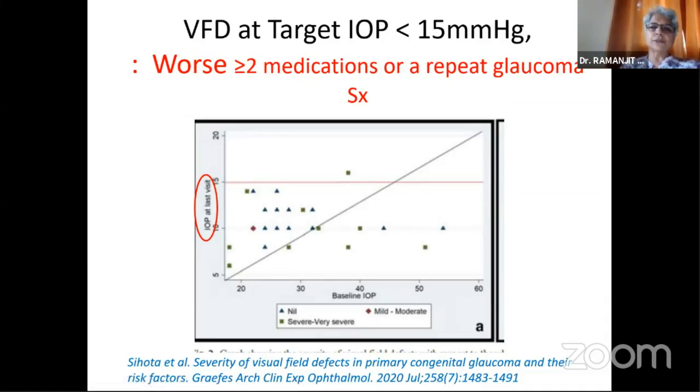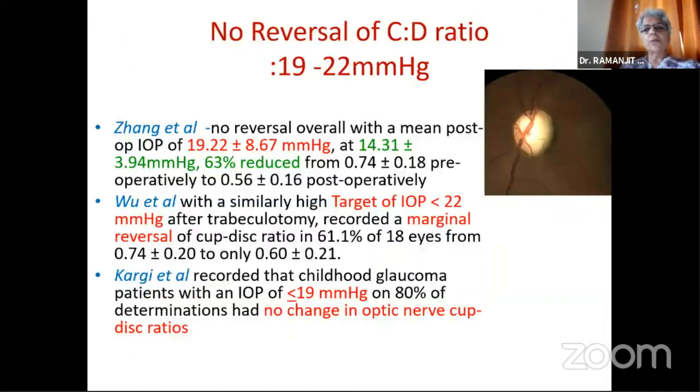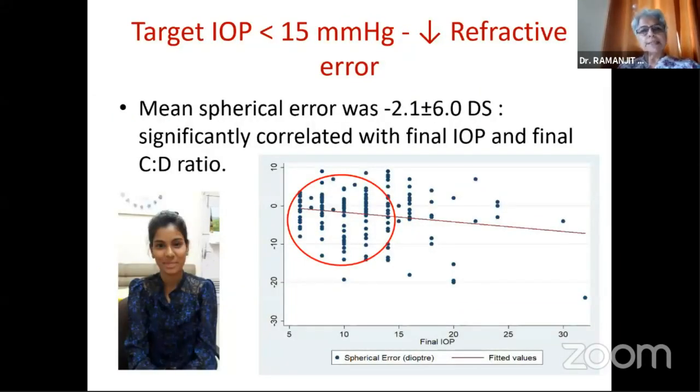So visual field effects, what we found was that they were much better in patients who had less than 15 millimeters of mercury in the long term and worse with more than 15. And there are many studies done around the world which say that if you look at 19 to 22 millimeters of mercury in children, you will find there's no reversal or actually progression. A similar kind of thing can be seen with refractive errors: the mean refractive error, if we kept the IOP less than 15, was -2, as compared to, as I said earlier, when we were thinking 20 and 21 was good,